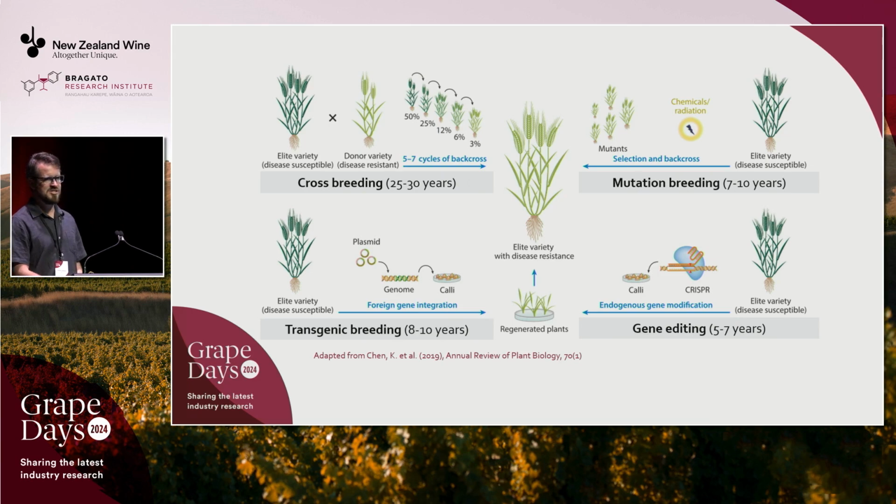And then finally, gene editing, which is a much more modern technique that you might have heard about under the acronym CRISPR. That means changing the genes that are already there in the plant. This is sometimes GMO and sometimes not, depending on where it's done, and on whether you leave any foreign genetic material in the organism that's been edited. So in each case, the raw material,